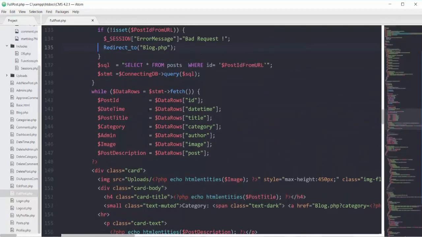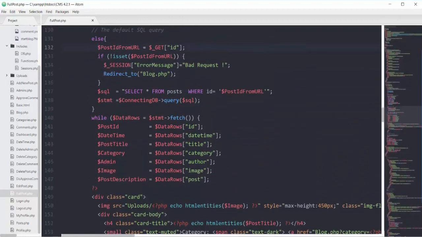at the place where we are showing our data. I'm showing my data here, SQL that selects all the posts from my table where ID is the post ID from URL. And here you can see I applied a condition that if the post ID from URL is not set, then send to the page of blog.php.